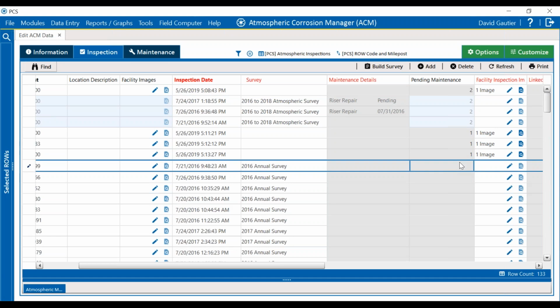So it's great to have some context, but this doesn't really do a great job of painting an entire picture of what's going on with your site at any given time. And really that's the actionable data that we're trying to unlock by linking our inspection and maintenance records. We kind of do it with our information and inspection records, how every inspection is tied to an information record,